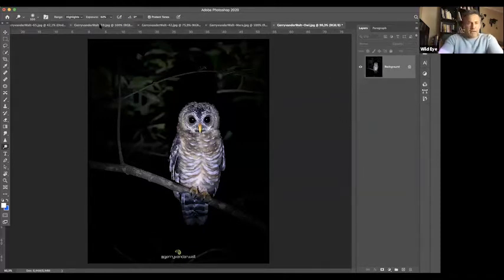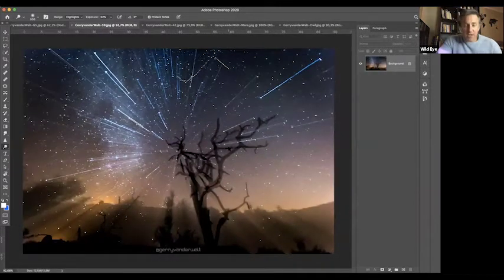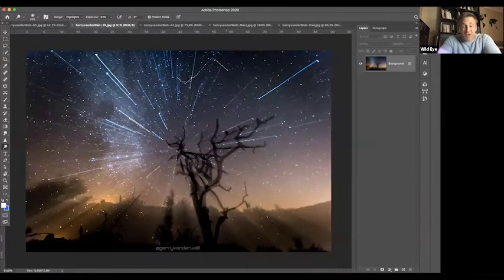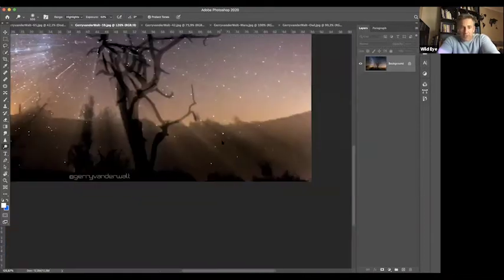Okay, now spot removal. I chose this shot. This is a very old image of mine. I think it was even before I started Wile Eye or Photo Africa. This is from way back then. But I selected this purely because of all the little dots, right? Which is stars and all kinds of stuff. So dust spot removal and content aware.